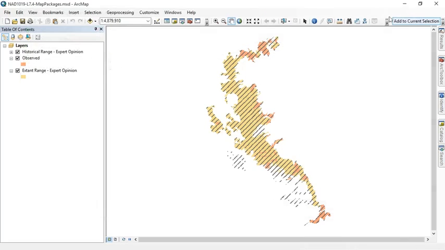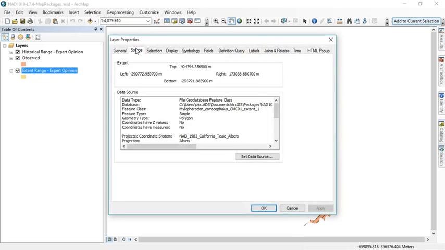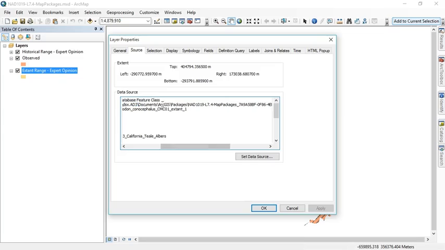If I close this and look at the new map document, it's the same title, but if I right click on one of these layers and go to Properties, I'll take a look at the Data Source tab and notice that it's in my home folder, my user profile folder, but then it's in Documents, ArcGIS, Packages. That's where it extracts map packages to. And then it gives it this unique folder name here. And then it's stored just like we saw, that version 10.3 folder, and then the file geodatabase